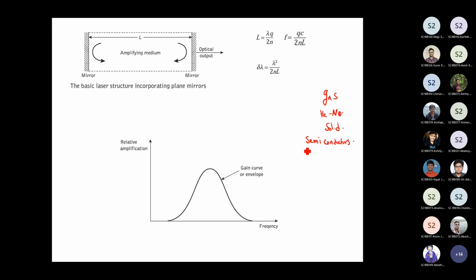And what kind of semiconductors do we have to use? We'll have to use a direct bandgap semiconductor, where the minimum of the conduction band and the maximum of the valence band have the same K value, so that an electron in the conduction band can directly go down and recombine with a hole in the valence band and can emit a photon. So all the semiconductor lasers are made out of direct bandgap material.